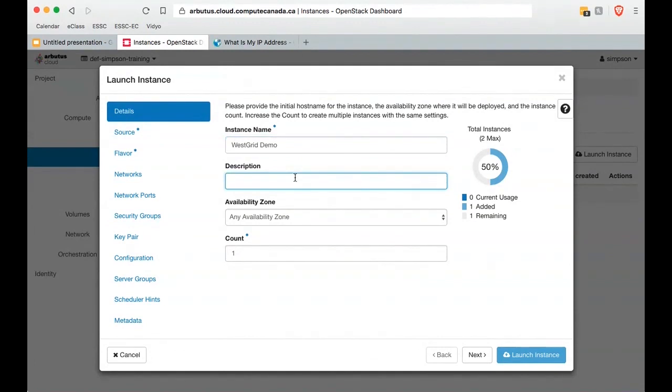If you're going to be running a lot of instances and you have some naming convention, perhaps a set of numbers, or there are many people who are going to have access to your project, or sometimes your tenant, which is a set of resources that you have as a pool, it can be helpful to have a description, but it's not required. I'll just say used for webinar on November.